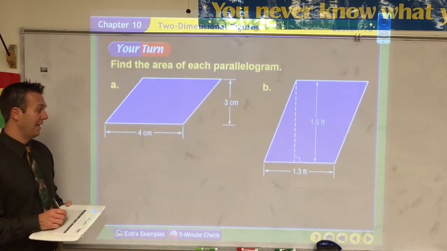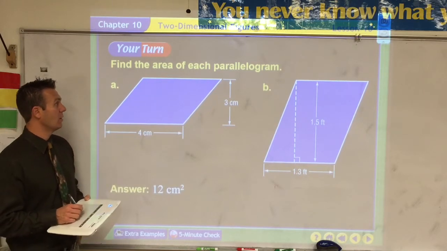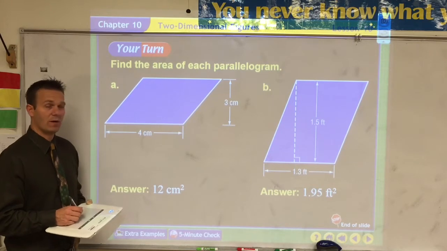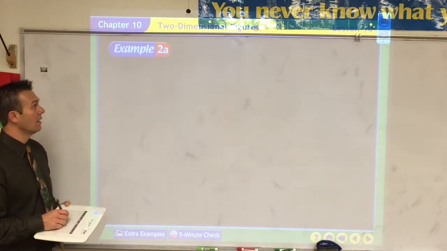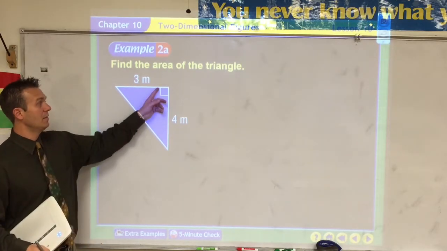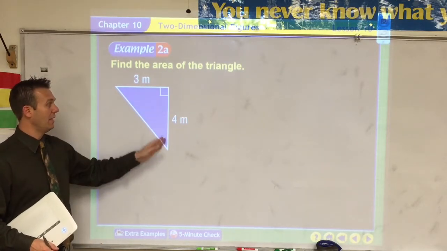All right, and so here are the answers. 12 centimeters squared for A, and B is 1.95 square feet. The next formula that you need to know is the area of a triangle. The area of the triangle, here it's a 90-degree angle, so we have the height here and we have the